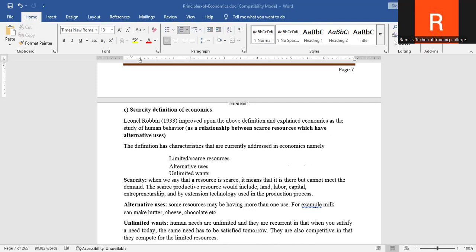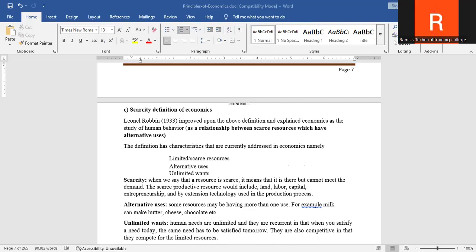Then there is what you call time utility. This is created through warehousing or storage. And then you have what you call possession utility. This is created through trade or exchange. And then you have what you call place utility. This is created through distribution. After goods have been produced, they have to be moved to places where they are required for use.